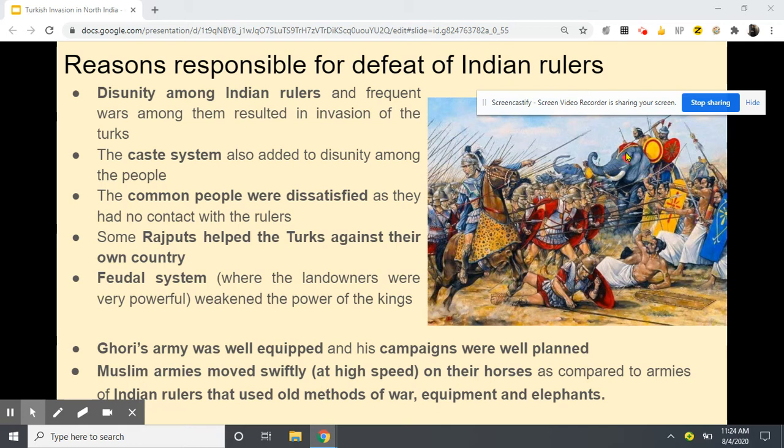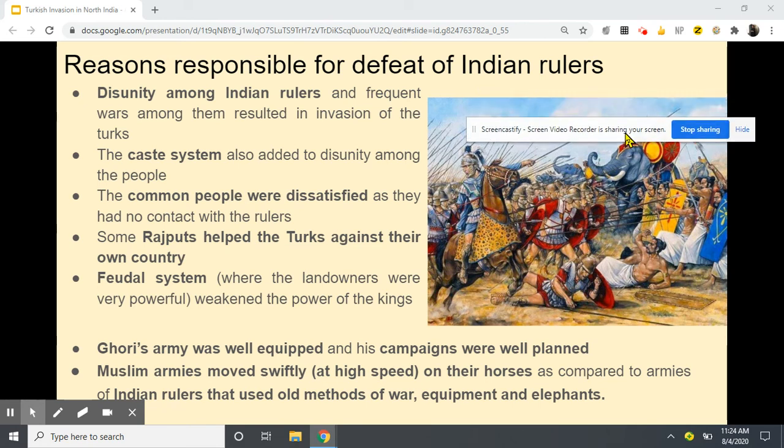which in times of crisis would put a wrath on their own soldiers only, and also the movement of the elephants was slow, whereas Muslim armies were moving on horses, using better equipment, and were well planned, whereas the Indian rulers were using the old methods of war and equipment and were using elephants. So these were the main reasons for the defeat of the